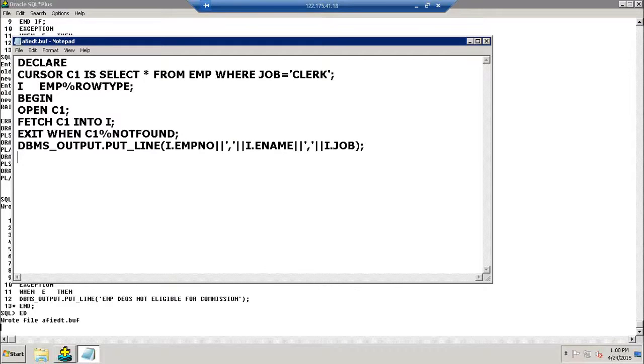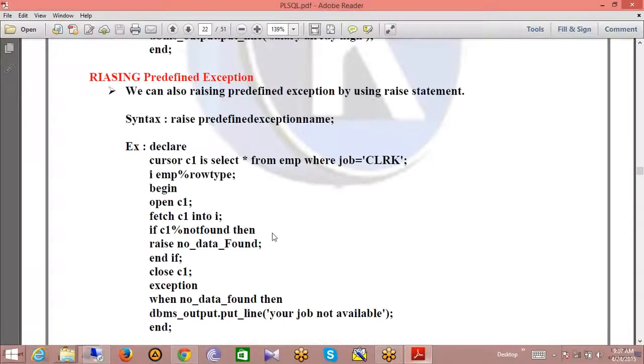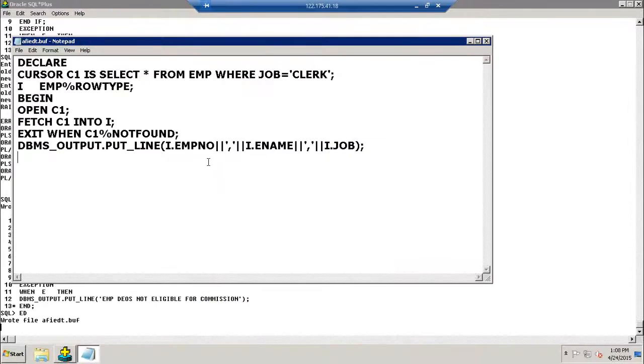So here what exactly are we going to search? Open, fetch C1 into I, exit when C1%NOTFOUND. So here I want to check: if the respective job is not available, we want to raise our own exception. Everything is fine, fetch into, then if C1, okay, here we are going to check the condition. Actually we are going to exit the condition if C1%NOTFOUND,